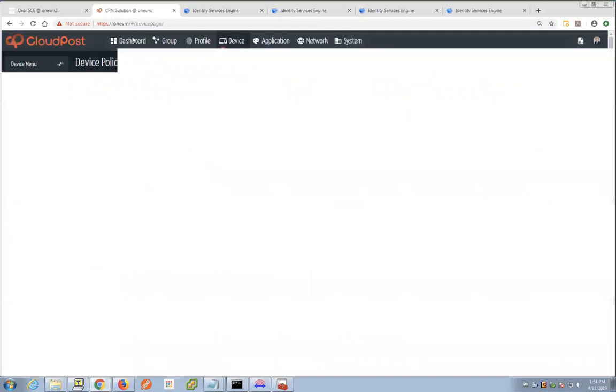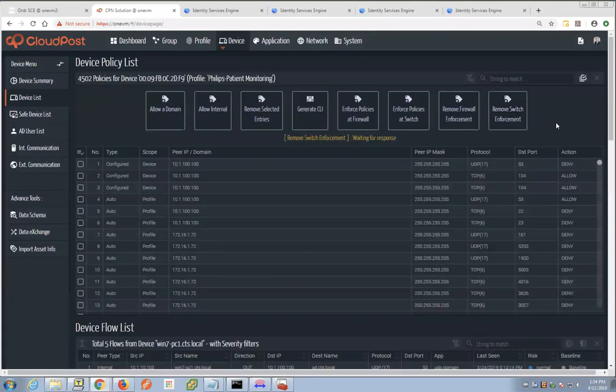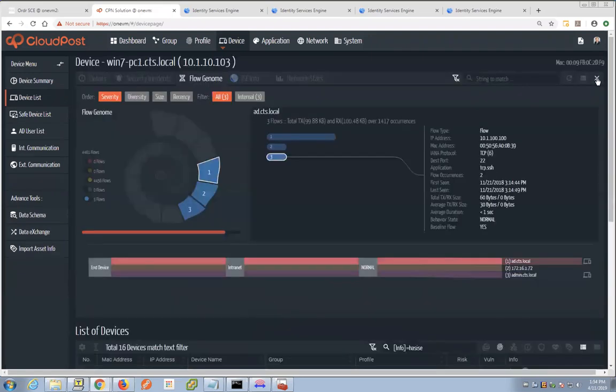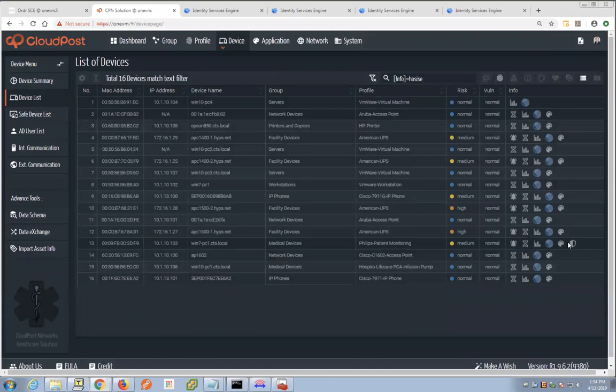Now that was an ACL example. As quickly as I assign something, I can remove it. Something I also want to show off here is that within these devices, when I do apply enforcement, we do flag it as such. And that will actually go away because I just removed the enforcement.